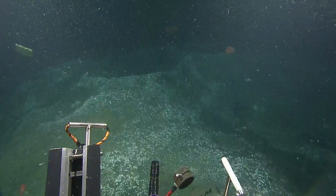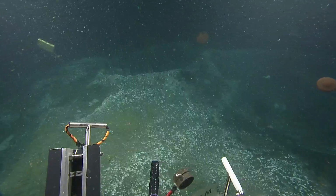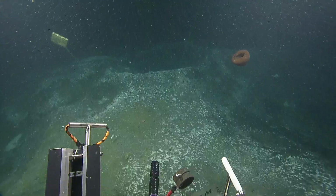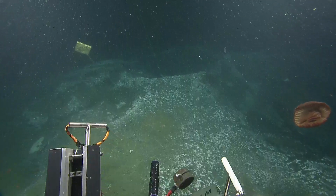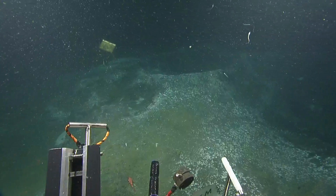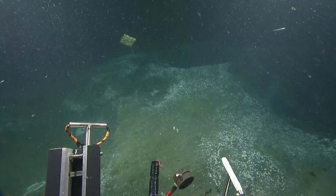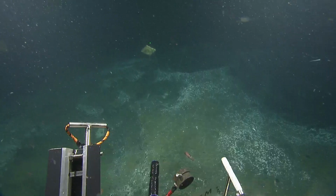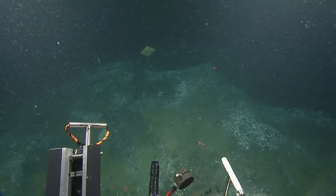So now we're going to zoom in and look at that hydrate, and Tamara's going to determine whether or not she can sample it. She wants to sample it. Is it at the marker? I think it's the white spot coming into camera now, down below the slope a little bit. Not quite sure, but I think you're right, because we looked up by the marker earlier and that was